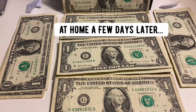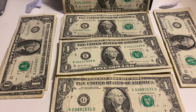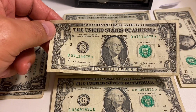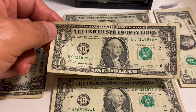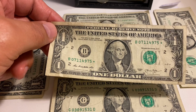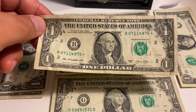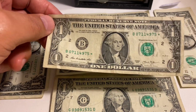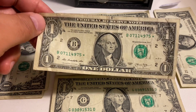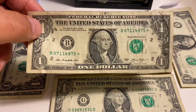Okay, we're back and we're going to do a final summary for this dollar note hunt number 8. Just going to take you back through the findings of this search. So this one was that duplicate star note. Did do a short on this, and you could see the results. And by looking in my currency collection, you could see that this is a duplicate star note, but not rare. It is also really beat up, so